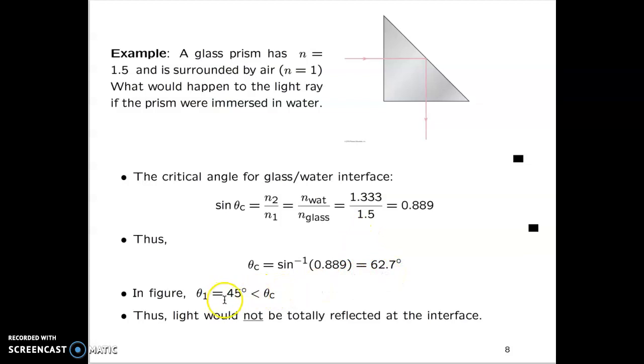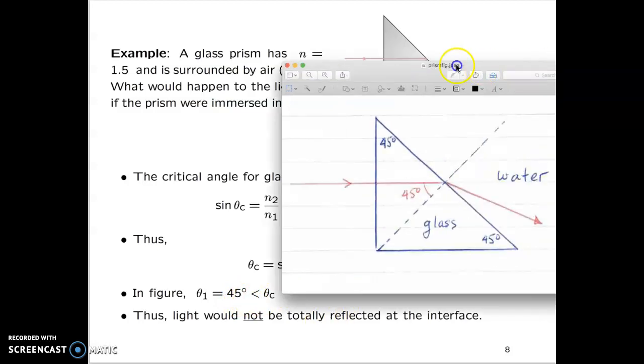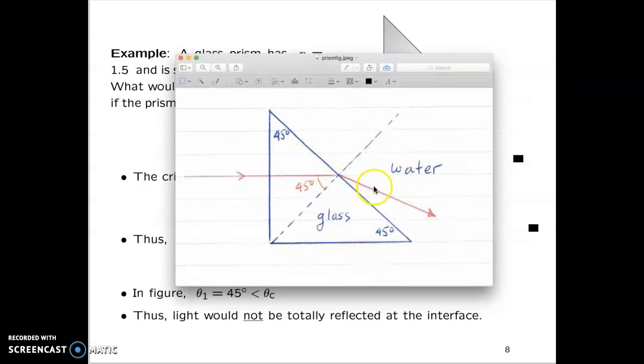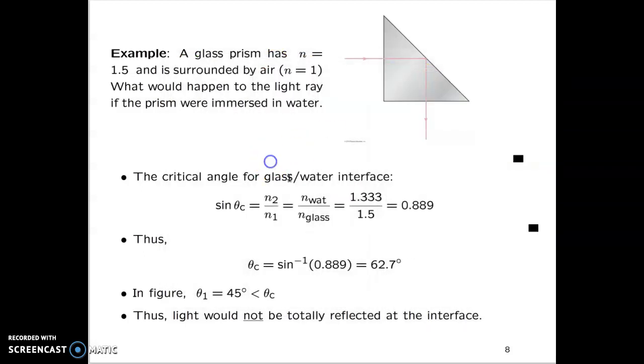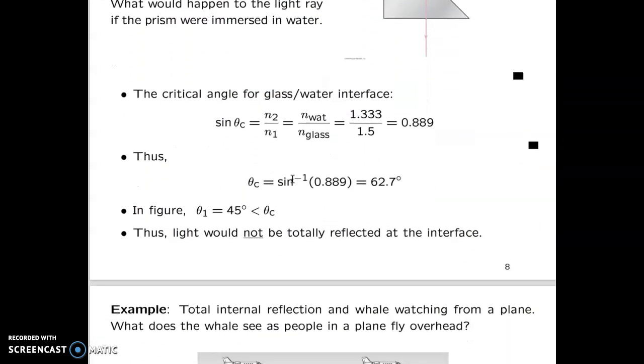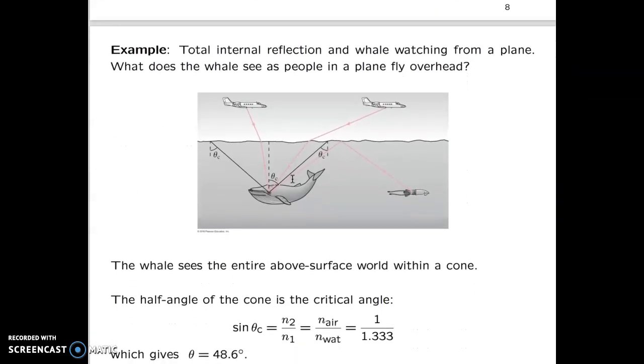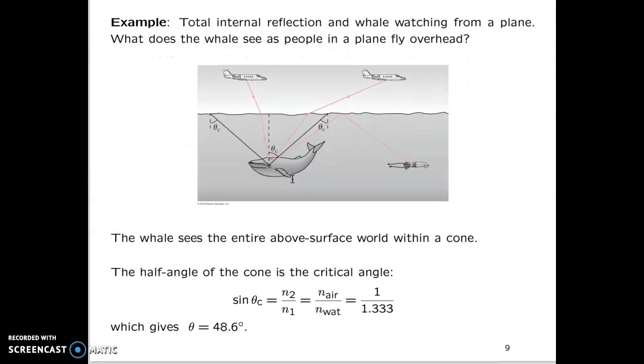degrees. The incident angle, 45 degrees, is definitely not greater than this. So it ends up being the case that you will get what is illustrated in this picture. Some light will get reflected out. And if you want, you can determine what that angle of refraction is. We don't worry about that for this particular problem, though. Okay, so here's another kind of interesting example